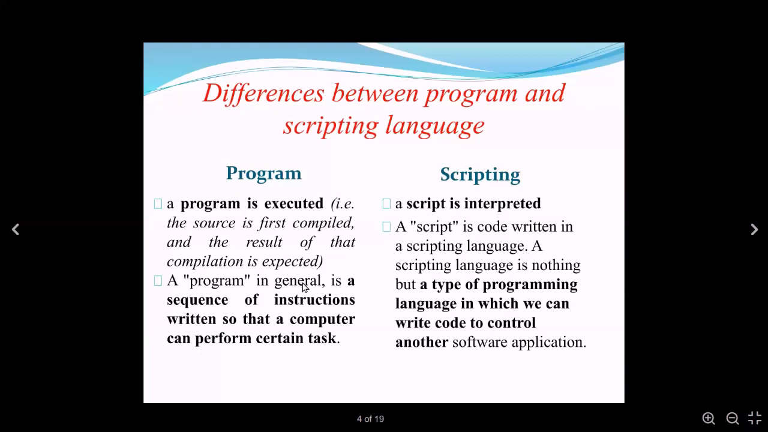A program in general is a sequence of instructions written so that a computer can perform a certain task. Suppose you take a task such as adding two numbers. You give the two numbers, it does the arithmetic plus operation, and then it displays the result as output. That is one simple set of instructions you can give as a task. So a program will do that, whereas